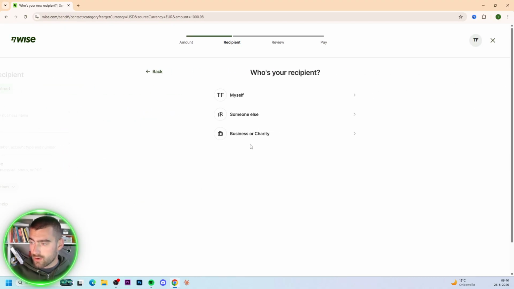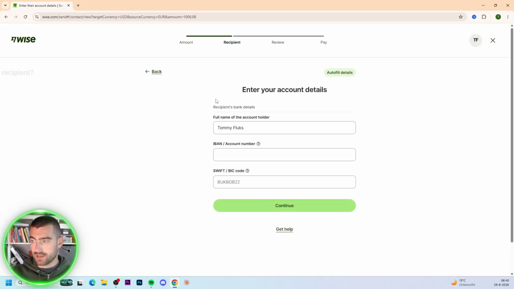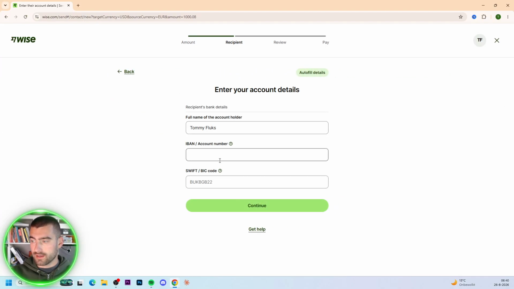If you go back, we can do bank details and then do myself, fill in right here my details, and then we do confirm, going to the review page, check your details, and then after that, confirm it with the pay option. But this is the way how to do that if you don't have money on your Wise account,